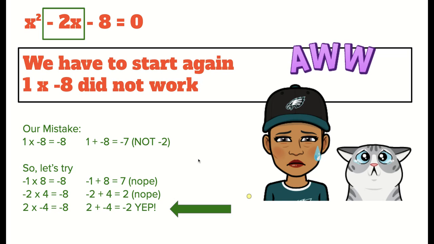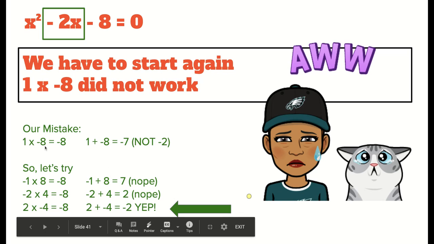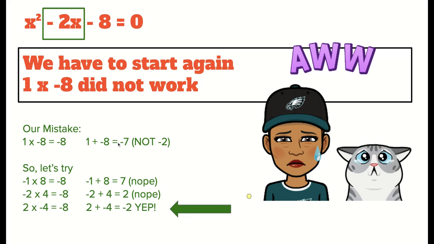So our mistake was that 1 times negative 8, it did give us negative 8, but 1 plus negative 8 gives us negative 7, but we need negative 2, like in this box here. We needed a negative 2. 1 times negative 8 gave us the negative 8, which we needed, but we have to add those two numbers in order to get the middle term. So we have to add 1 plus negative 8, and 1 plus negative 8 is equal to negative 7, not negative 2. So let's try the other